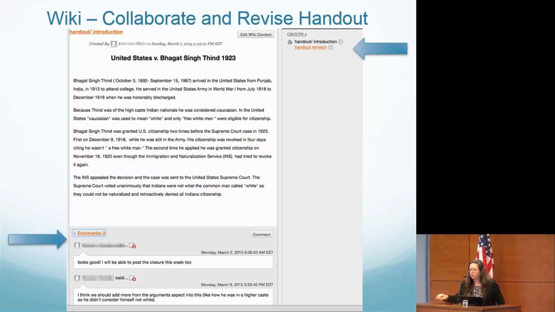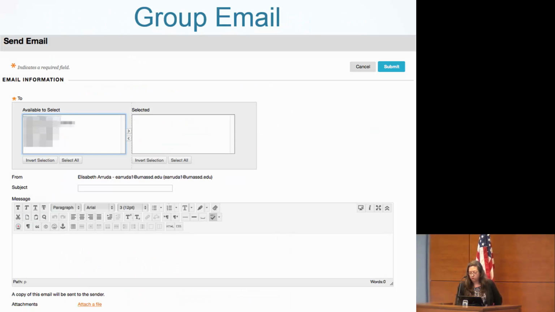I also used the Wiki tool for them to have live, real-time collaboration on the handout. And I've had mixed success with that. Some students have been able to really use it effectively, and others not so much. One thing I really liked about the Wiki function was that I could see the first draft of a handout, and then, if you could click on this link, you would be able to see the revised work, right? So the student started the draft, they had peer edits, and then I can see what the final draft is going to look like.